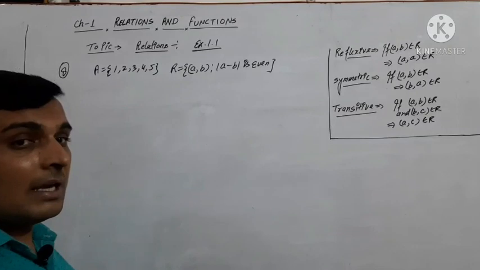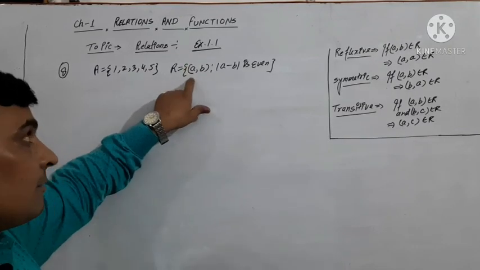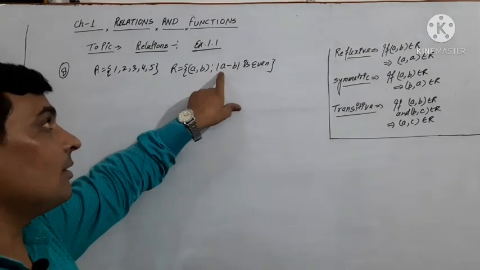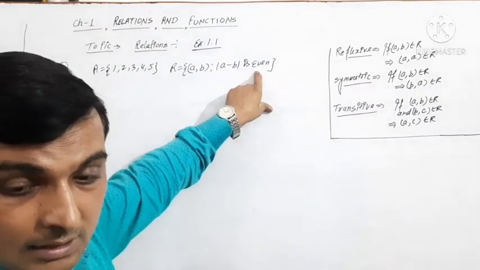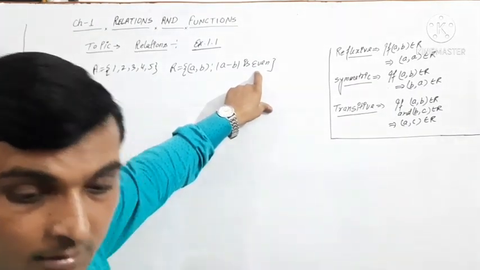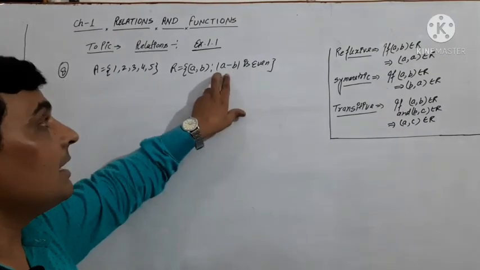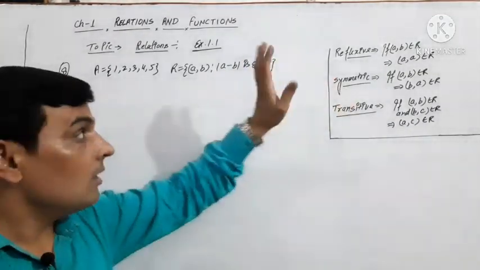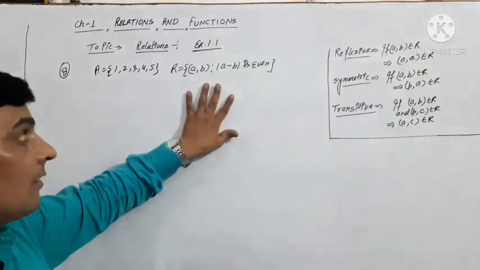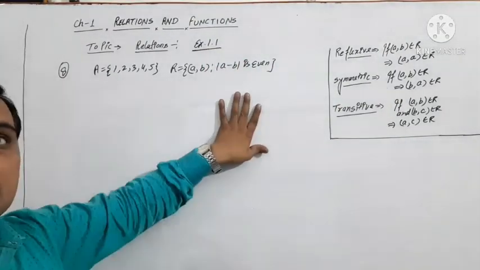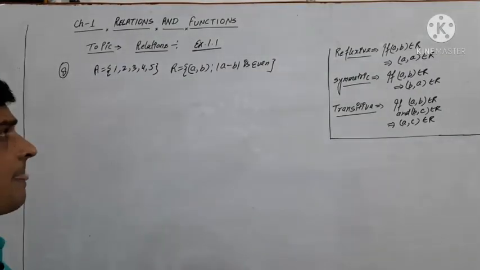This question has also come as a relation R defined by (a, b) such that modulus of a minus b is a multiple of 4, which is question number 9. Modulus of a minus b is even, modulus of a minus b is divisible by 2, and modulus of a minus b is a multiple of 4. In 3 different forms, this question has been taken in our CBSE board examination. So many times it has come.